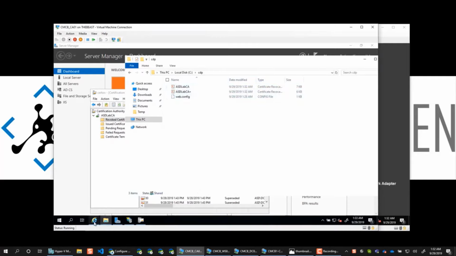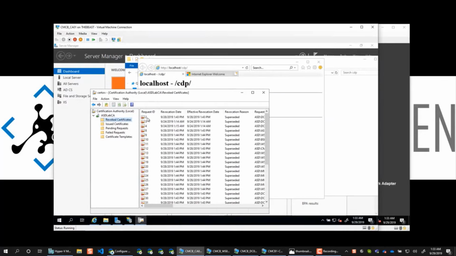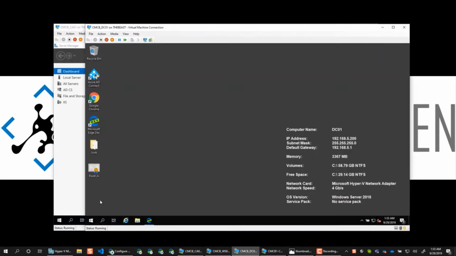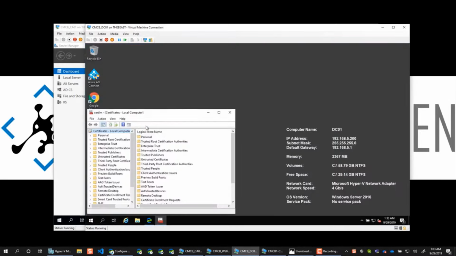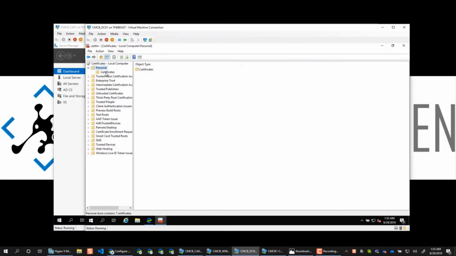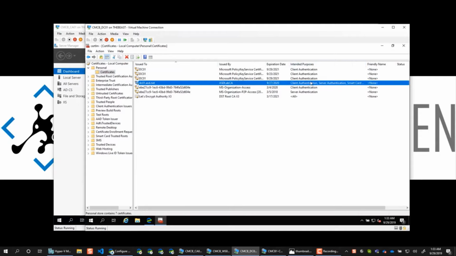So now we have these guys, and if we refresh our web page, they are there. Okay, so this is important. You have to do this step before you go request the cert on your domain controller. In a production environment with more than one DC, you would obviously, or maybe not so obviously, want to use group policy to set up auto enrollment for your domain controllers so they can get new certs published to them. So if we go into your domain controller, this is the current auth that's here,